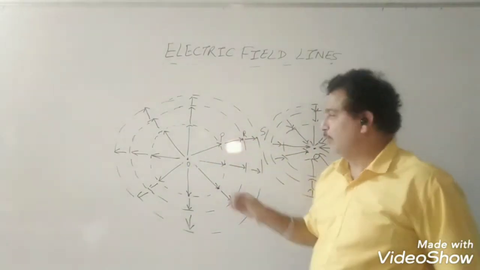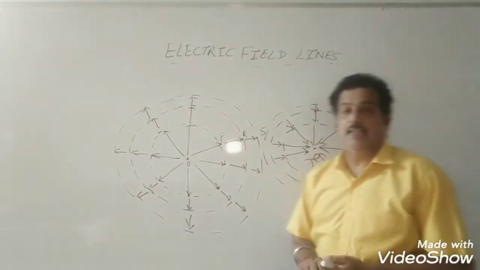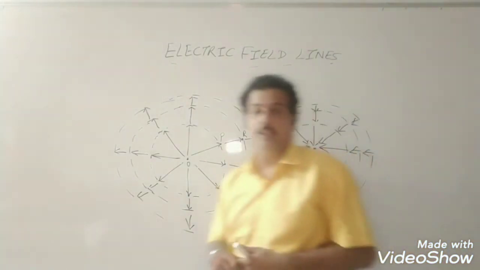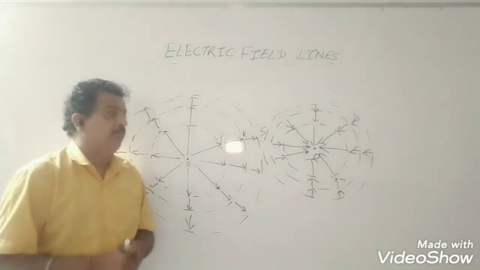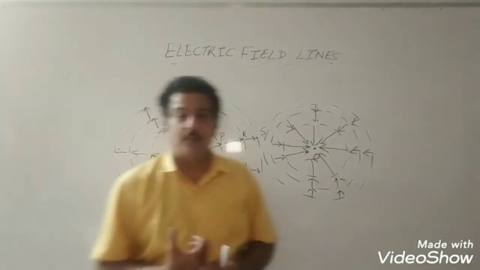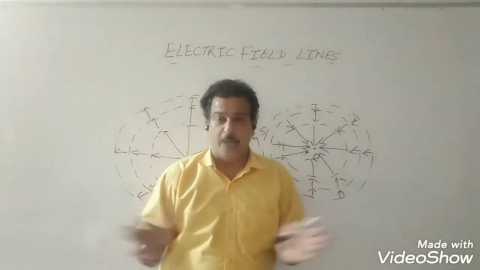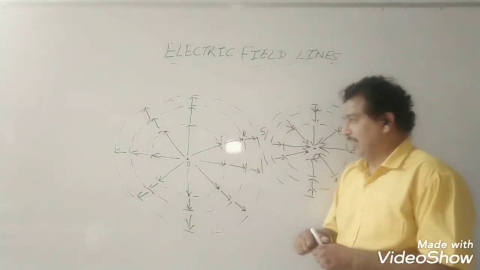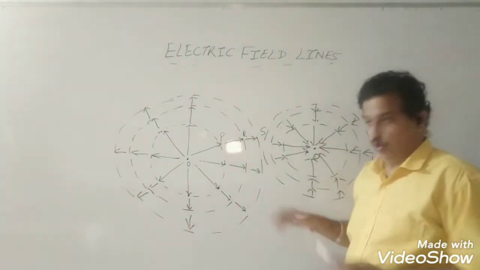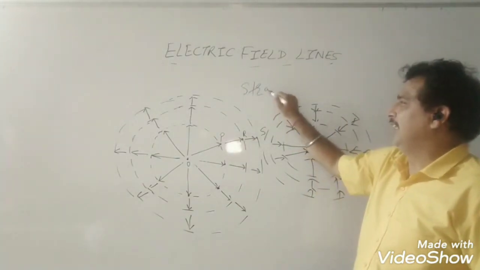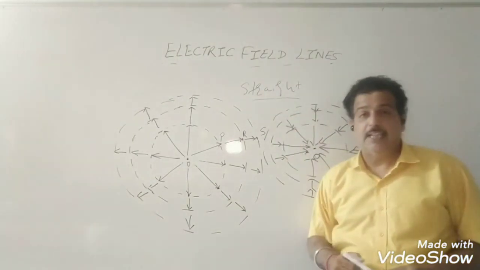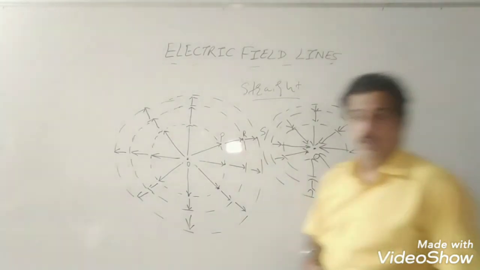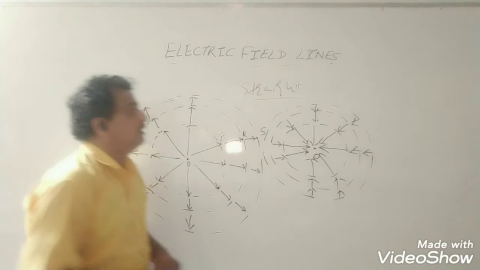So if at a particular point the field lines are emerging, then the source is positive. If the field lines are moving towards a particular point or entering towards any point, we call the source charge negative. And this arrow is a path which is followed by a test charge if it is allowed to move freely. Now these arrows are straight, so the path is straight. In the next lecture we will also see that field lines can be curved also if we have a system of charges.